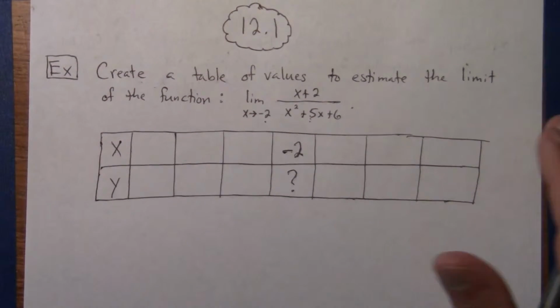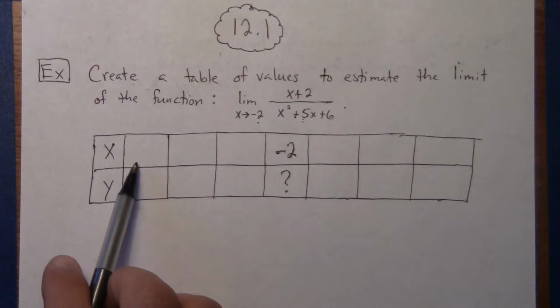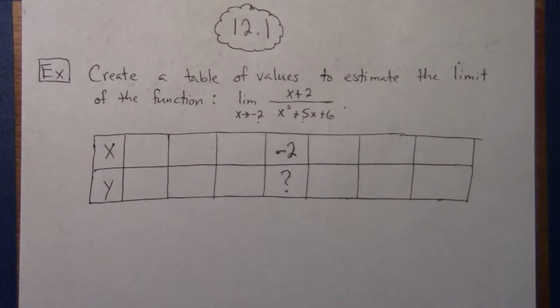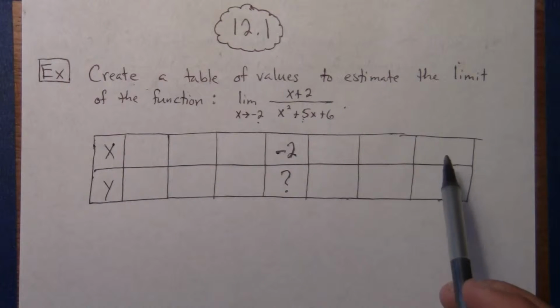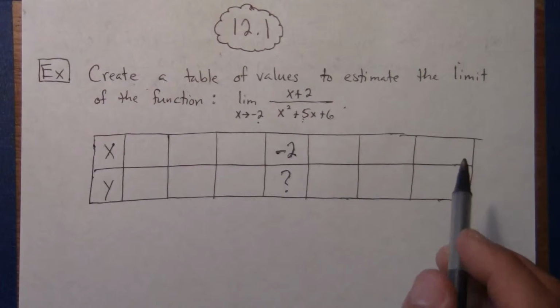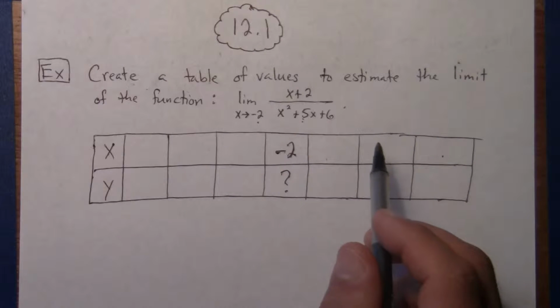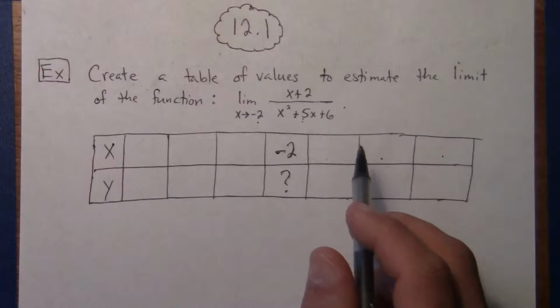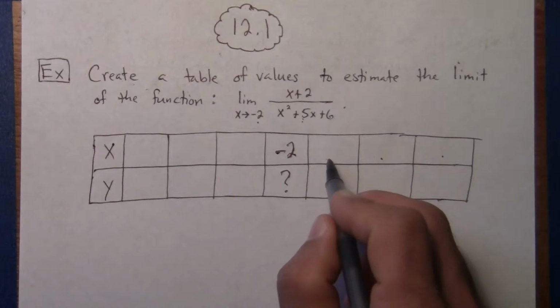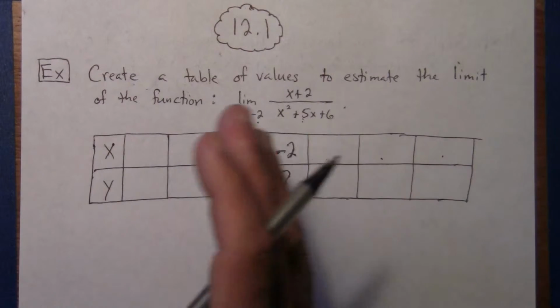Alright, so what you want to do is you want to get closer and closer to -2 as you come from the left and as you come from the right. Remember when we did this in class, you want to become extremely close. It's not going to be something like 1, 0, -1, -2. We want to get very, very close, so decimal points. So usually what we do is we'll have 3 decimals here, 2 decimals, and 1 decimal, and that'll progressively get